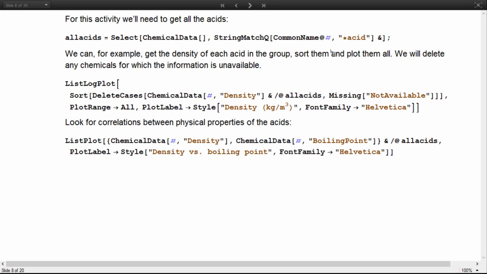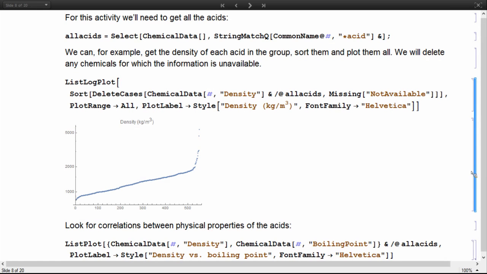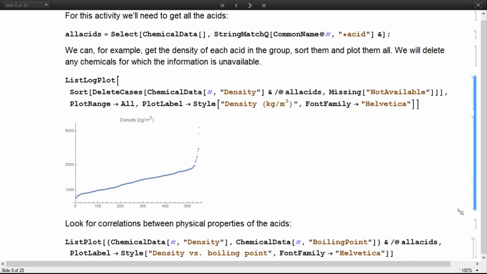Then once I find all the acids, I can, for instance, find all of their densities and sort them and plot them to get a sense of all the densities of the acids. You can see here there's about 600 densities that it knows about, and they range between 100 and 5,000 kilograms per cubic meter. That's kind of interesting on its own, but it's more interesting when you compare that with other